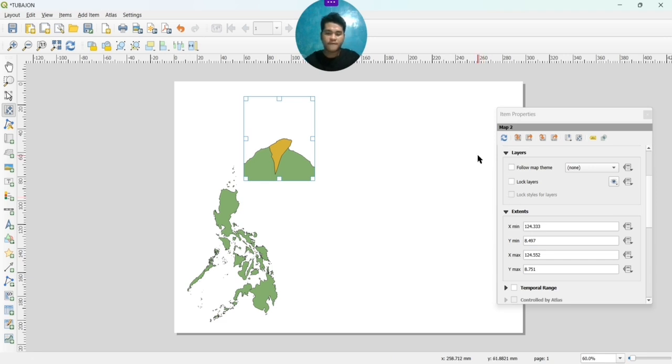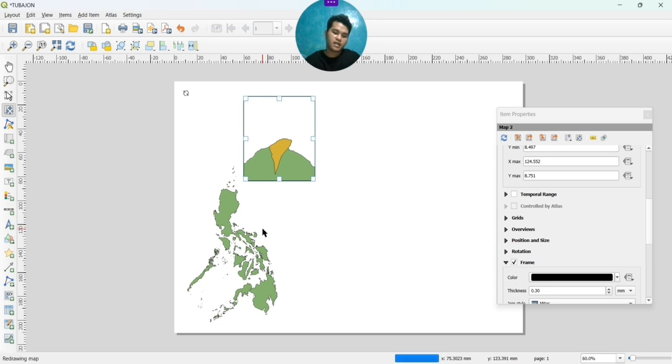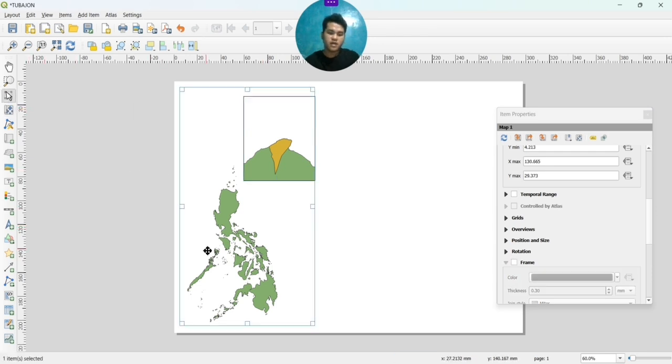In my case, I want to have a border for it. So I scroll in the item properties and add frame. Look for that, click the frame and here's the frame already. For the first map that I created, the big Philippine map, it is the same. Just click the frame.